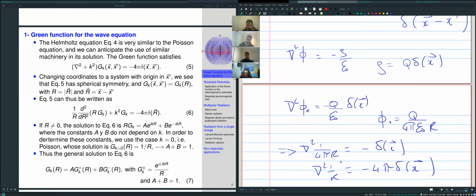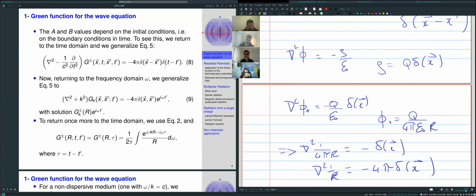Okay, so that's why when we have k equals 0, this oscillating exponential is 1, and the solutions are 1 over r, just like for the point source at the origin. Okay, so this is a representation of the delta function, and we're happy to have solved equation 5. Okay, now